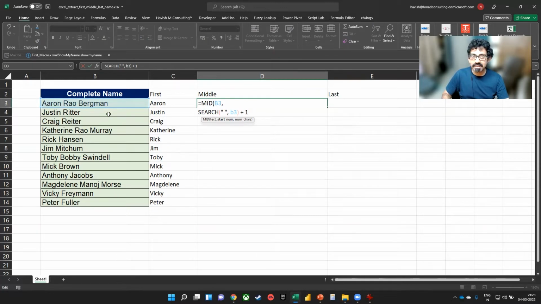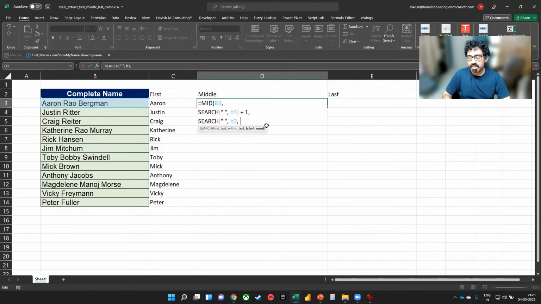But the next part that we need to do is to know the number of characters, which means in row, there would be 3 characters, but I need to know that there are exactly 3. To do this, we will again do a SEARCH. And this time I'm searching again for a space in B3. But if you notice, I'm not going from the first letter A. In the previous search, we did not keep anything in the starting number. So it started looking from the left. This time, we don't want to start looking from the left.